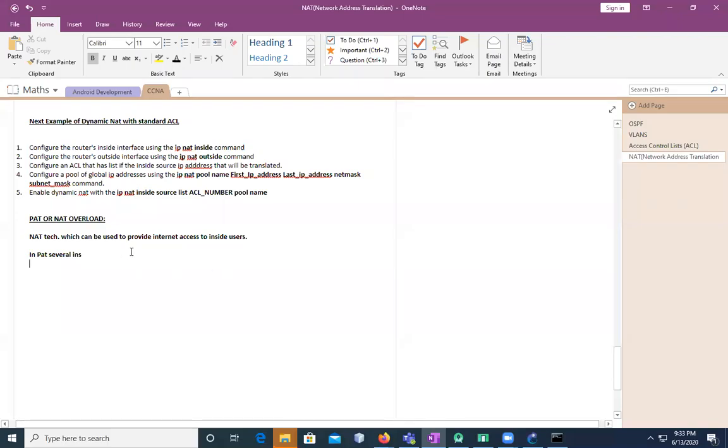So in PAT, in my previous session, I told you about dynamic NAT, and it's about PAT, or you can say NAT overload. This type of NAT technology is mostly going to help you to provide internet access to inside users. So in PAT, several